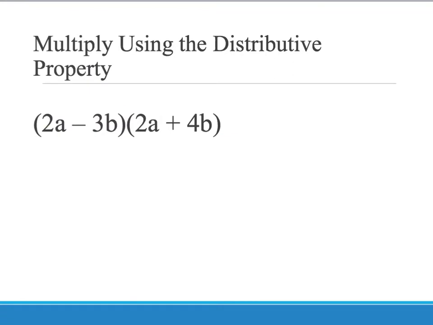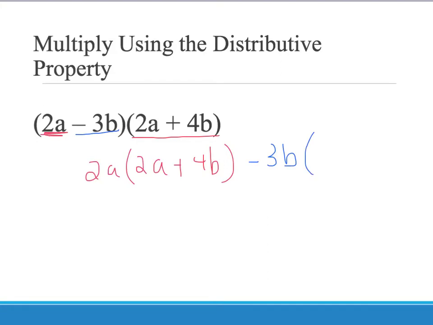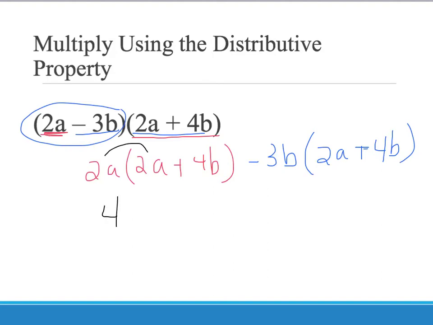Okay, so again, using distributive property, if I want to rewrite this, I'm going to take the first term and multiply it by the whole second. So 2a times 2a plus 4b. Then I'm going to take the second, minus 3b, and multiply it by the whole second. This is called distributive property because I'm distributing each of the terms in the first binomial to the terms in the second. So 2a times 2a is 4a squared